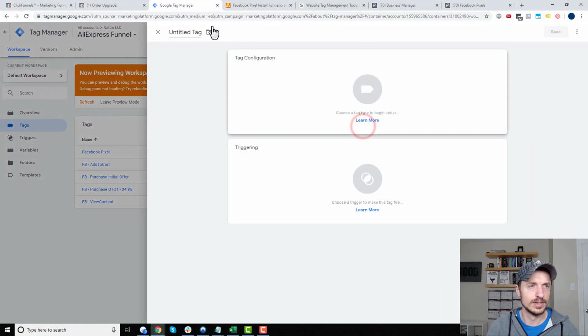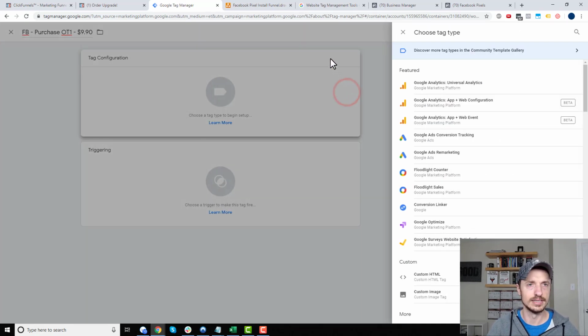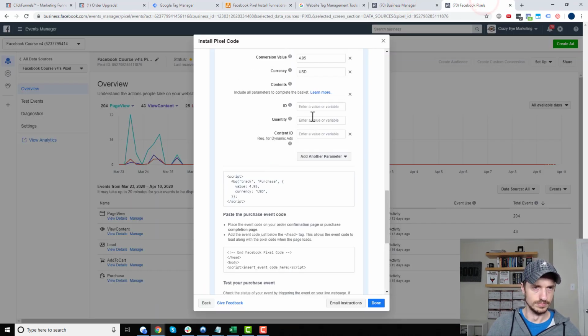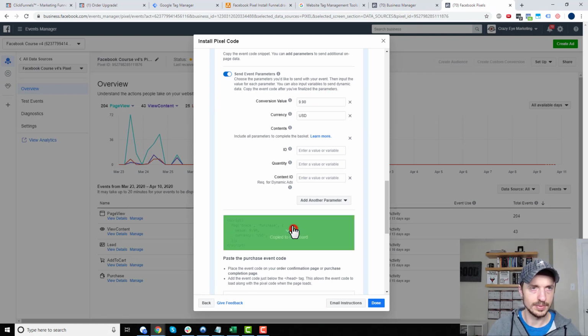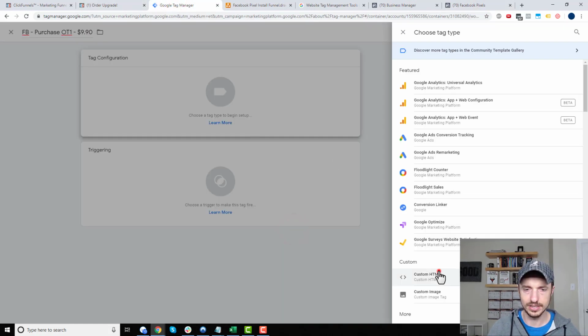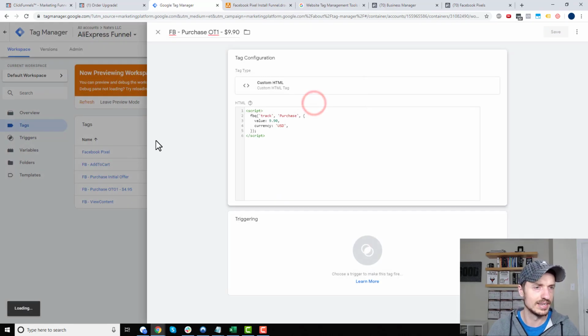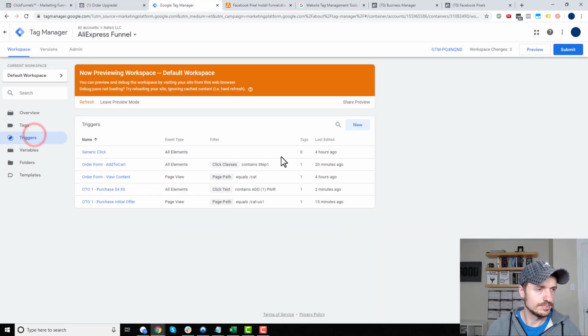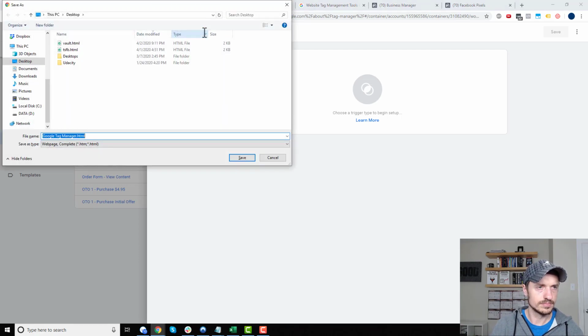So we'll do new, and then we'll do FB purchase OTO 1 990. Tag configuration, conversion value 990, and copy this code, come to Google Tag Manager, custom HTML, paste it in there, leave everything else default, save tag, and then triggers, and then new, and then we'll do